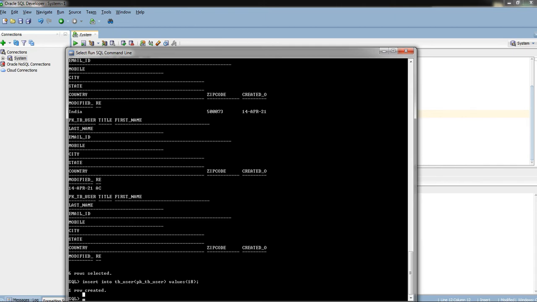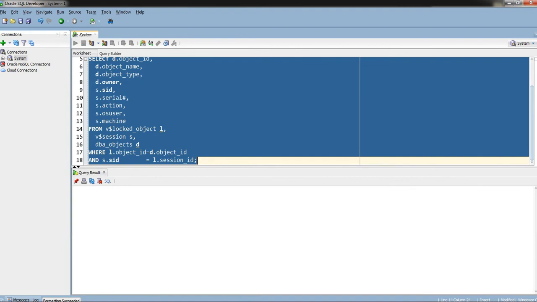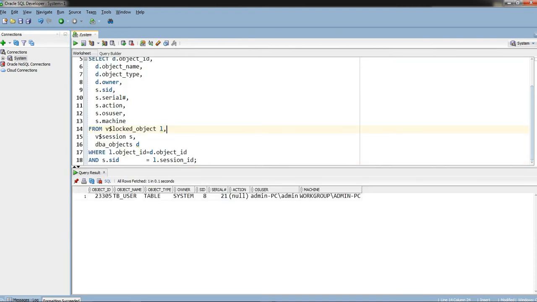So this table is locked now. If we run this query, we can see that table name here. The object name is TB user, the object type is table, and the owner is system. This is the DB username, like that we can identify, and the OS user and the machine where it is available.